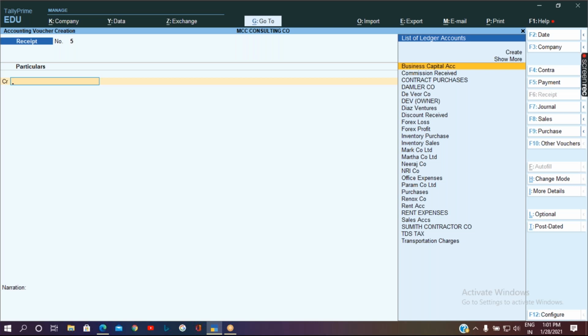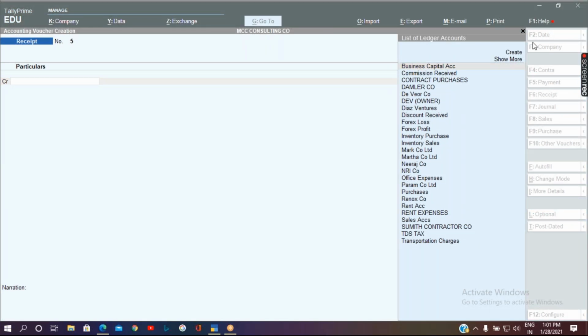Is there any doubt on these transactions? I'll give you a minute. Please let me know if you are clear with this, then we can go ahead with the further topic. Please type move on if you have understood. If you have not understood, you can ask me the question.